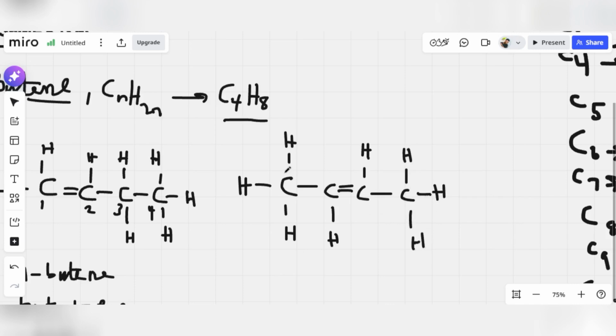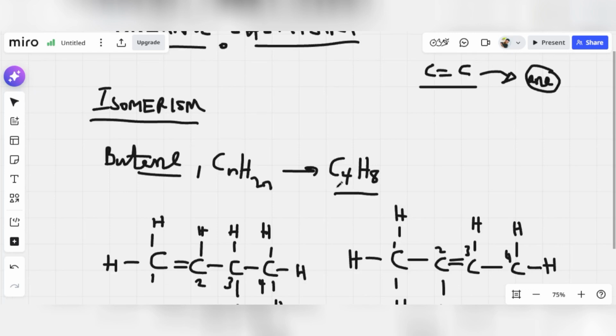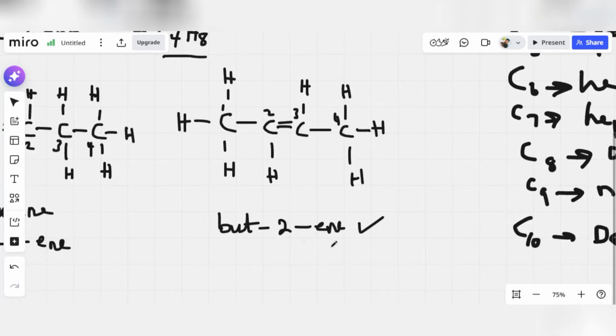Now if you want to name this guy, that would be carbon 1, carbon 2, carbon 3, carbon 4. So you see that this double bond falls on carbon 2 this time around. So if you want to name that one, you say that is but-2-ene, or 2-butene, whichever way, but this is more standard. It is the same C4H8, just a difference in the position of this